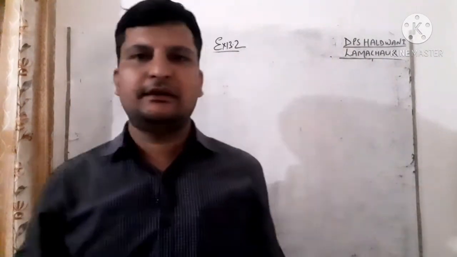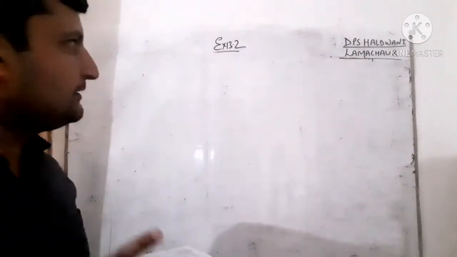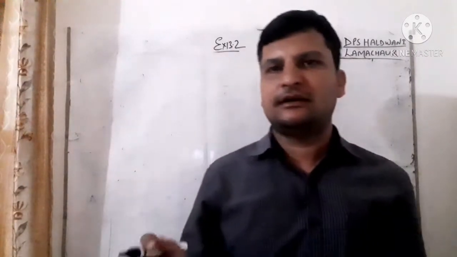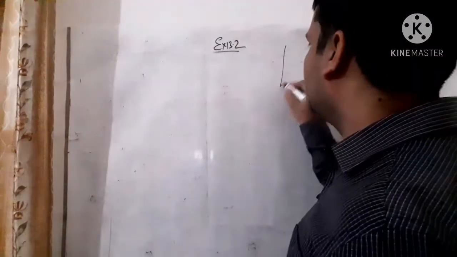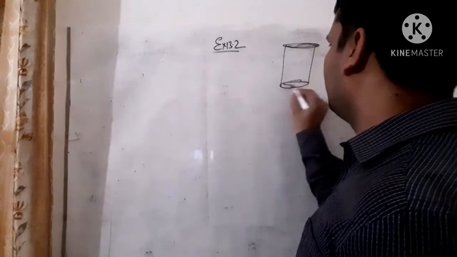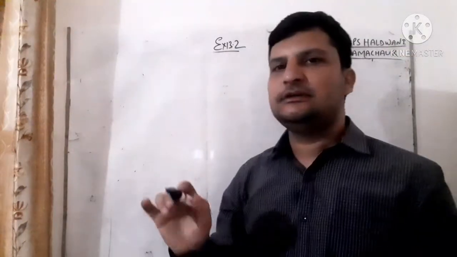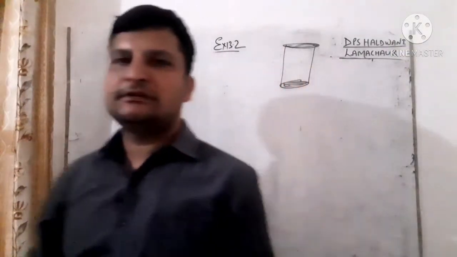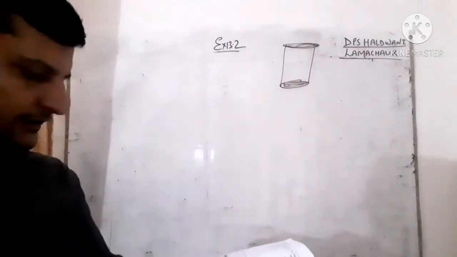So student, if you ever want to know what a closed cylinder tank is, closed means it is filled at the top and bottom also. This is called closed. Closed means this is the total surface area of a cylinder, students. So in this question, what do we have to find?